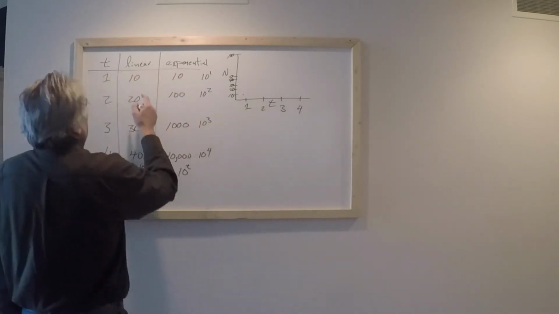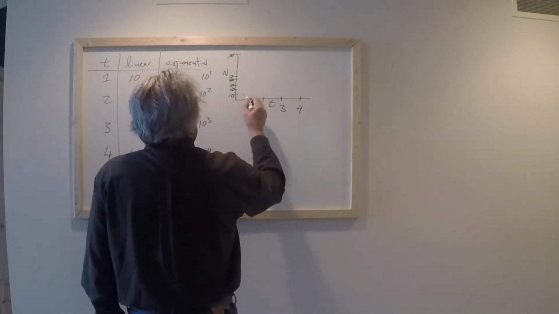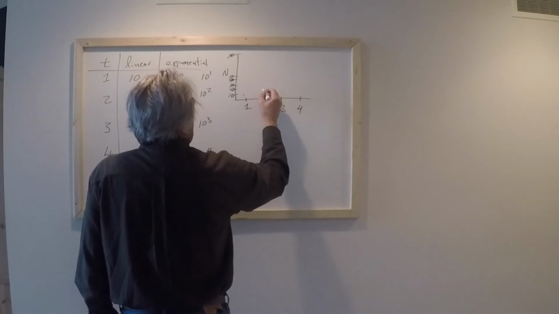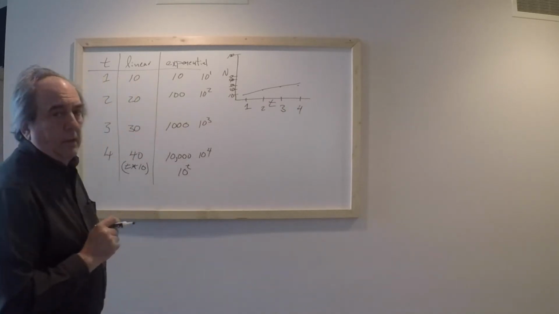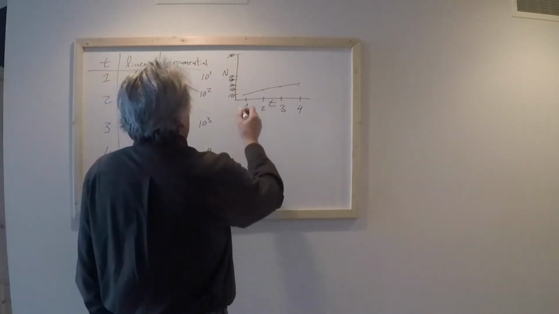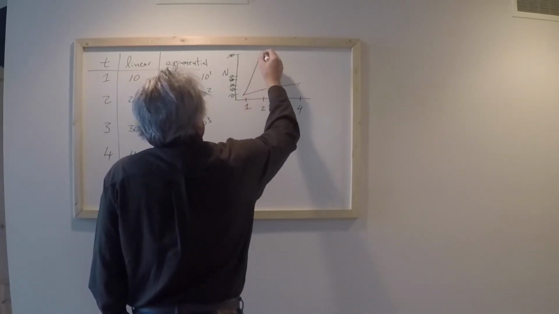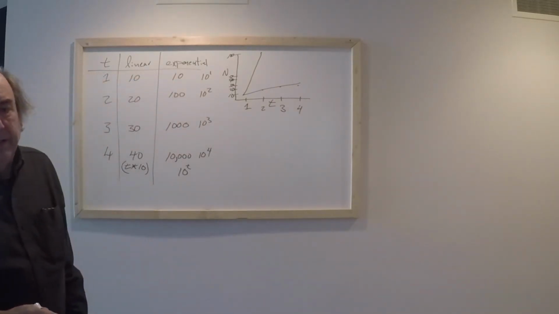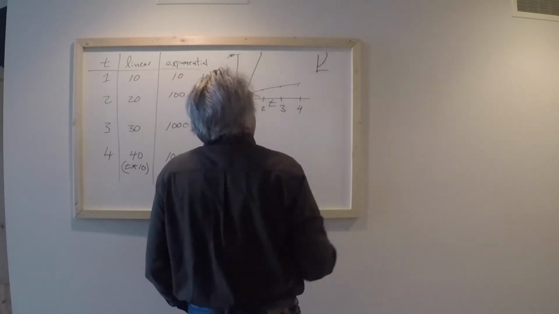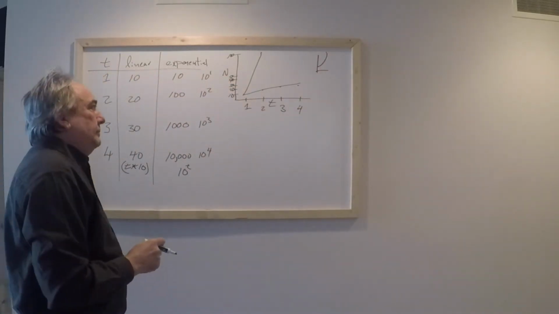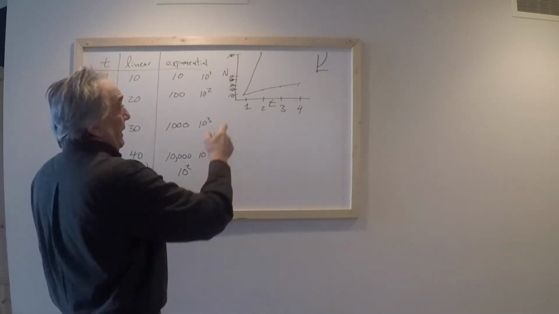Well, then the linear ones go like 10, 20, 30, 40, right? And the exponential ones go 10, 100, off the scale. All right, so we get that. That's how we get this thing. Now, we can fix that. Another way of seeing this